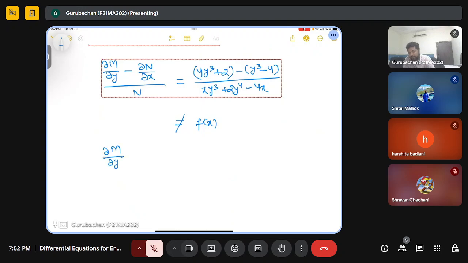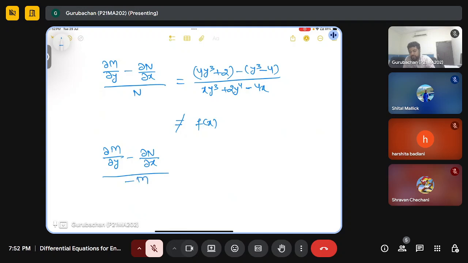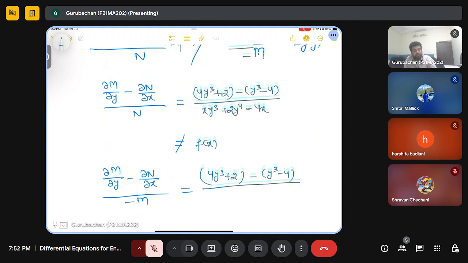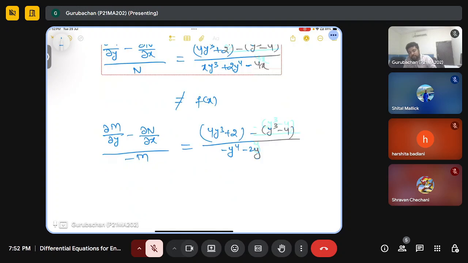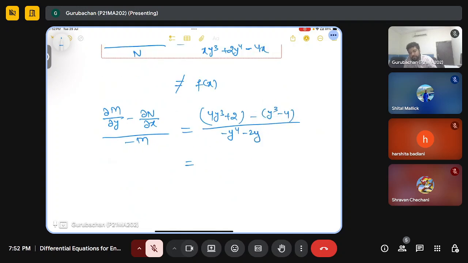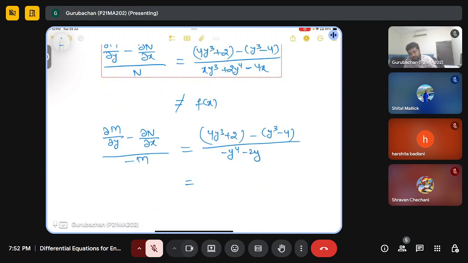Del m by del y minus del n by del x, divided by minus m. So this will give you 4y cube plus 2 minus y to the power 3 minus 4, divided by minus m. So minus m will be minus y to the power 4 minus 2y. So this will give you 2y cube plus 6,